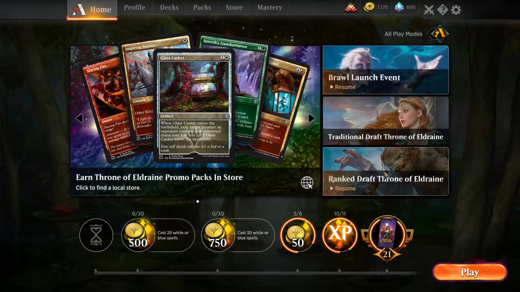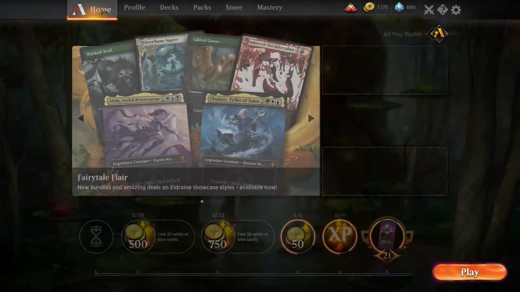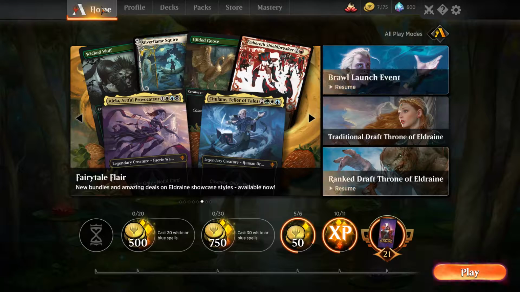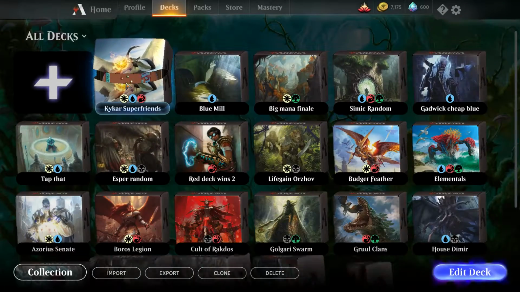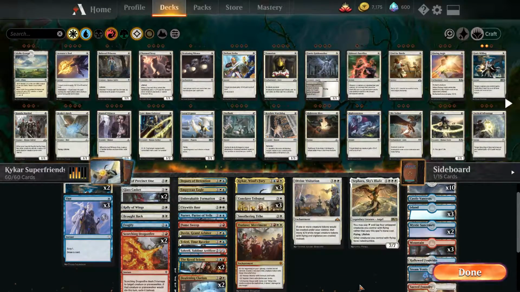Oh, we do still have our Throne of Eldraine draft to finish at some point, but in a different video. Well, anyway, that was fun. Thank you guys for watching. I do have a Kaikar Super Friends deck in Standard right now that I was just testing out, and it's largely